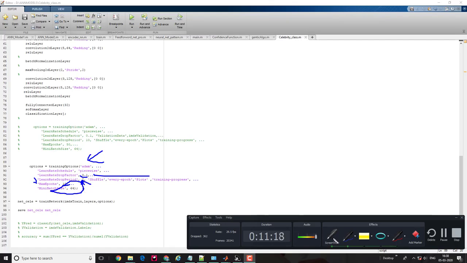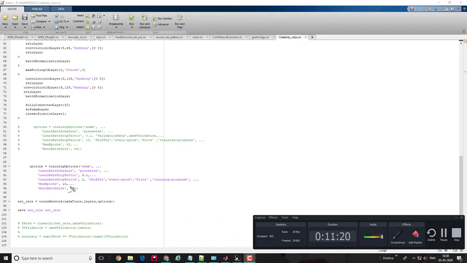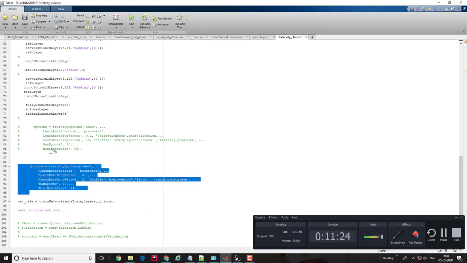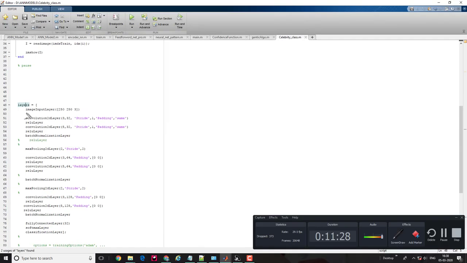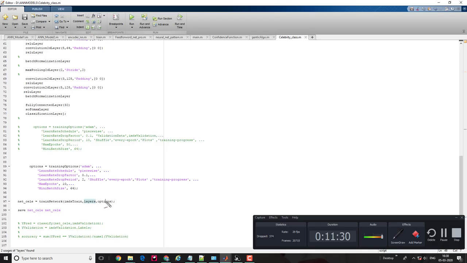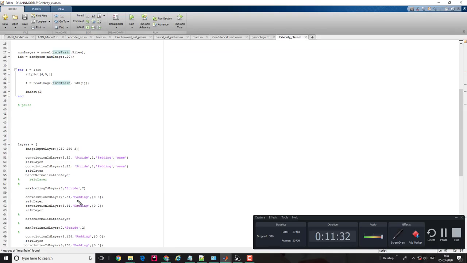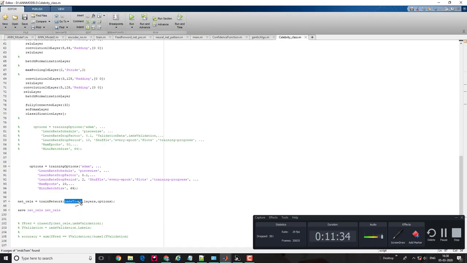You can take whatever batch size you want, even more. Now when you design the training options, you already have the layers of the convolutional neural network and the image data store for image training containing the image paths and their target vectors.